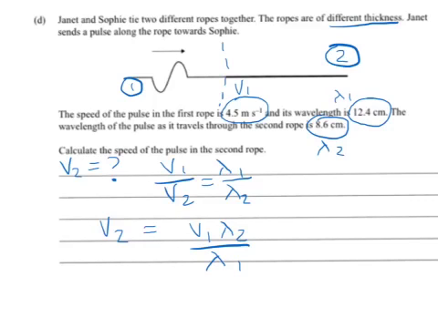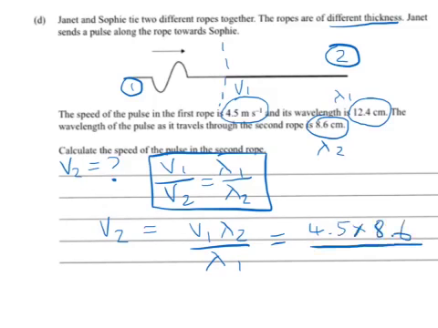You can go and ponder that one a little bit. I've got to get you thinking just a little bit, not spoon feed you too much. Anyway, we plug in those numbers. V1's 4.5 times lambda 2, which is 8.6, divided by 12.4 lambda 1, and when you plug those numbers in, you end up with v2 of